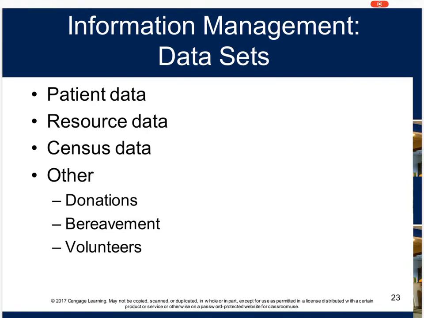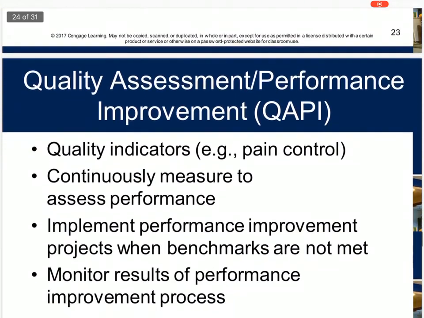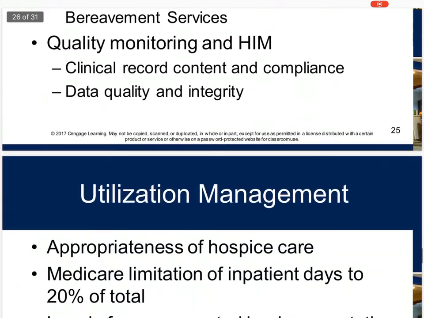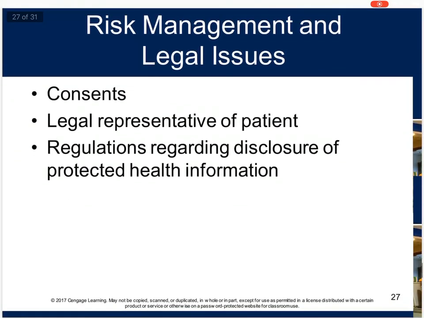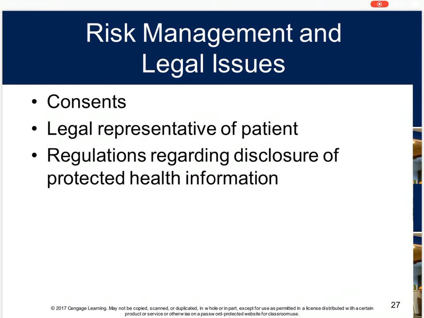All right, we're going to skip over to 503 here, where we get into risk management and legal issues. Now, to decrease the risk for legal issues, hospice staff need to be educated on the importance of obtaining proper consents for admission and for procedures. Many hospice patients are unable to consent for themselves and have appointed a personal representative because, again, depending on the state of their disease, patients do become very easily unresponsive in hospice situations.